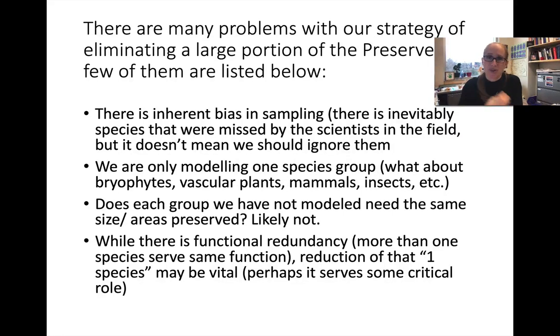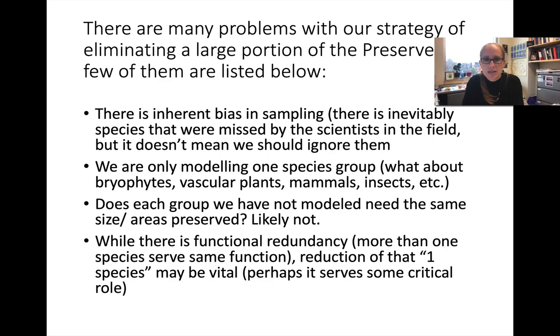So why doesn't this work in real life? The simple answer is that it's just too complicated. It's a lot more complicated than we're making it. One of the things is that there's an inherent bias in sampling. When we're looking at the different species of the lichens and we think we've got them all, we inevitably have missed some somewhere. And so we have to sort of hedge our bets and make sure that we pick several areas in case